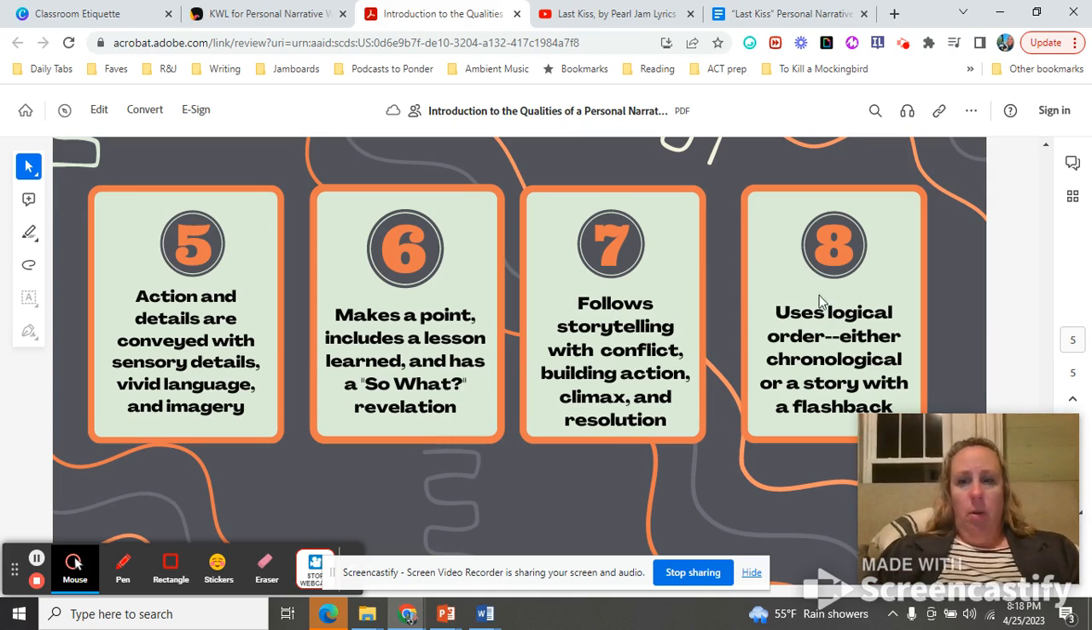And then the eighth quality is that it's going to use a logical order. It's either going to be told chronologically or somehow it's going to be told like a flashback. All right. So the best way to see this in action is to actually look at a song